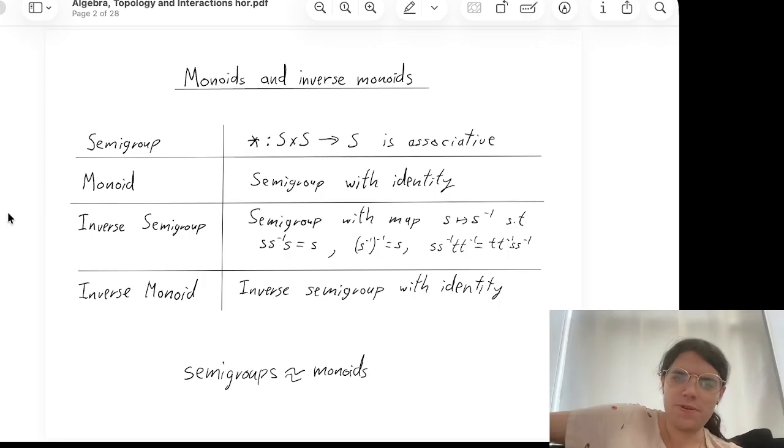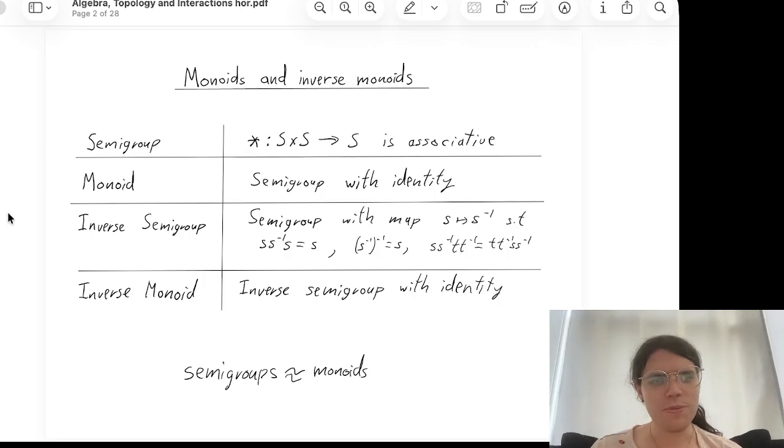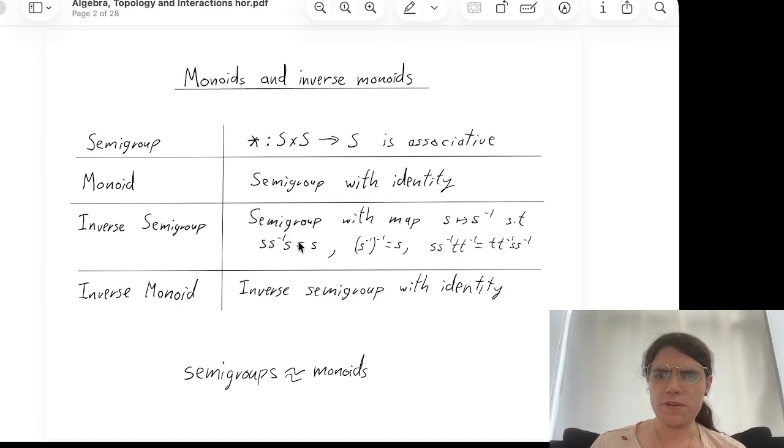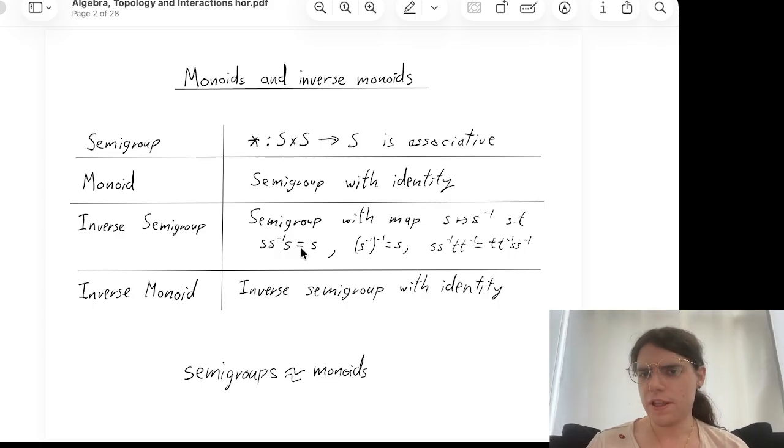An inverse semigroup, if you're not familiar with semigroup theory, sounds a lot like a group. It's a semigroup with inverses, but the inverses are a weaker sense of inverse than in groups. So all groups are inverse semigroups, but not all inverse semigroups are groups. So the semigroup inverse has to satisfy these properties. Inverse semigroups form a variety of algebras. They satisfy certain laws, and they're defined by these laws. So the first law is basically saying it's a local inverse. S inverse undoes S, but only in the presence of S. Also, the inverse of the inverse is the original thing, and this is the thing about idempotents commuting.